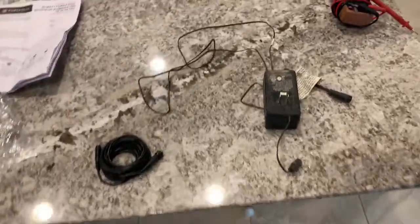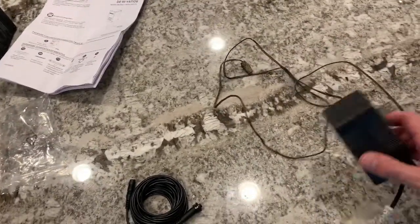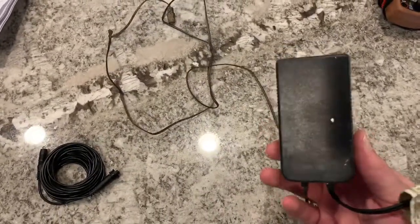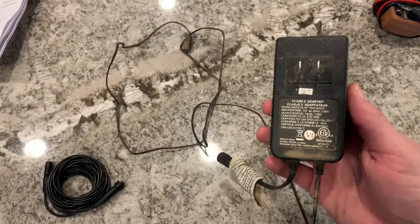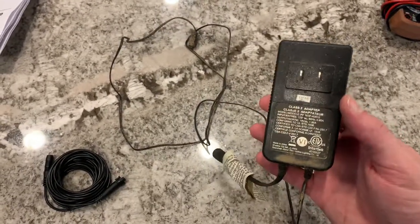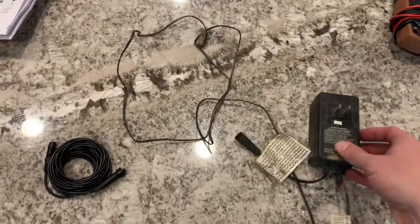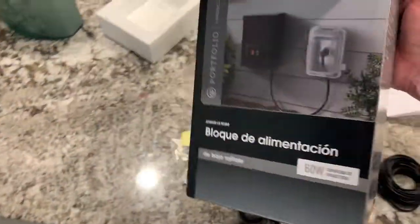Okay, so we had bought the whole Walmart Home and Garden front yard light set, and after about a year or so, the transformer went bad. So I've been searching and searching for a replacement, and Walmart no longer has this in stock. And so what I've done is I was at Lowe's and I was looking around, and they had this right here,